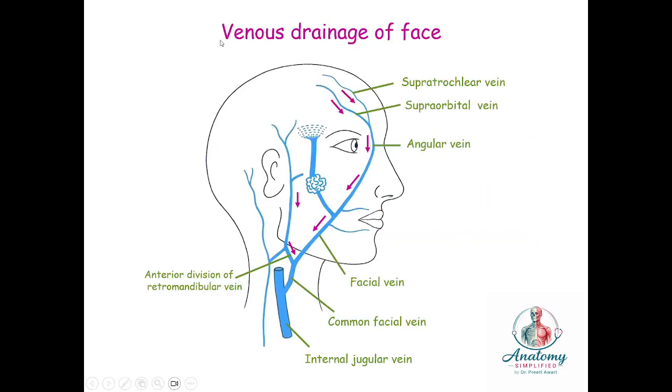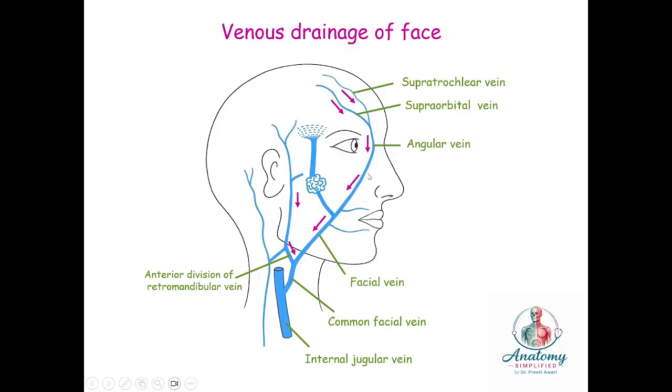We will see now venous drainage of the face. Very beautiful picture. I tried to make it myself. Let us try to understand this. I loved this picture actually. The supratrochlear vein and supraorbital veins will join to form a vein nearer to the medial canthus of the eye, that is the angular vein. The angular vein runs down, and